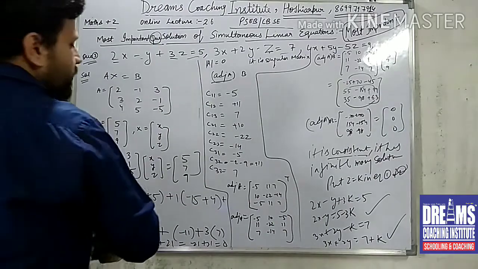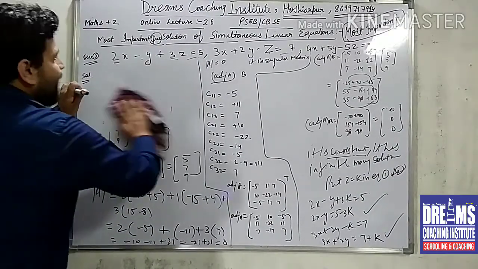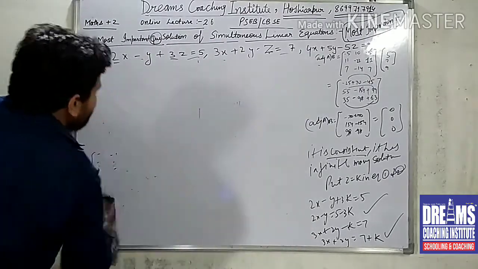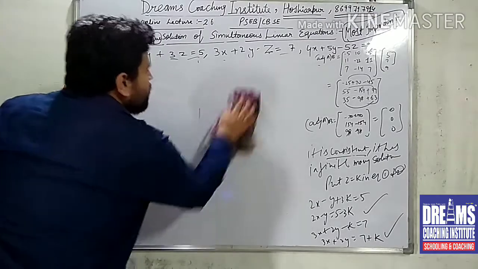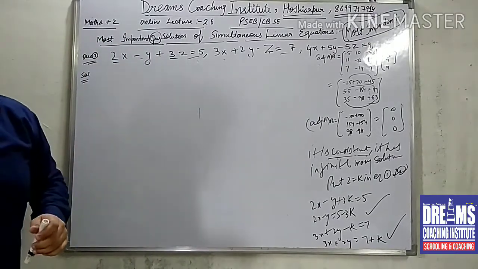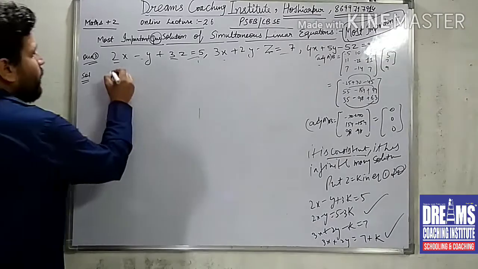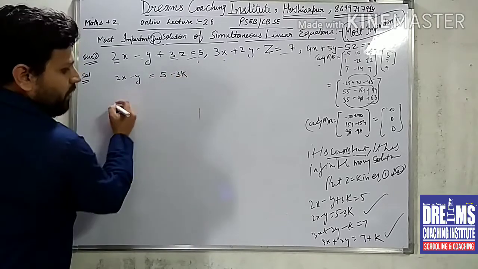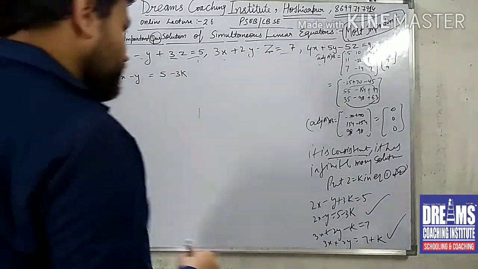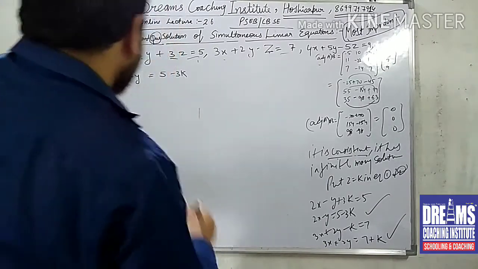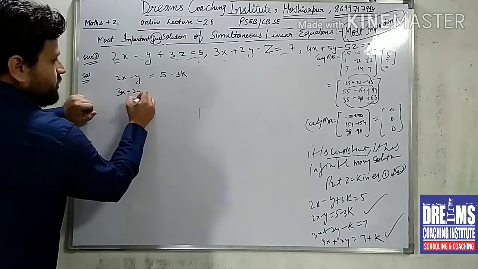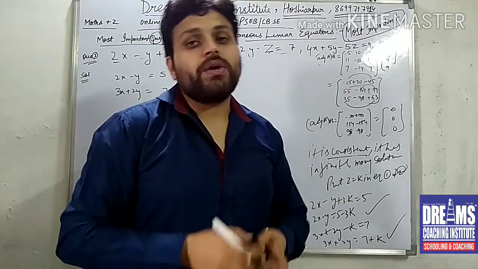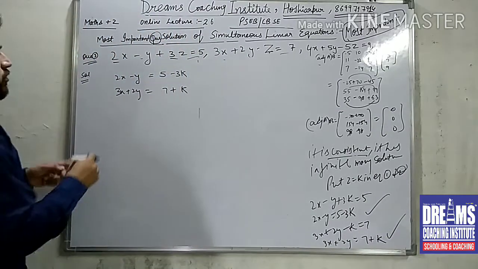इसको कैसे solve करेंगे बेटा? Again we will find a matrix. मैट्रिक्स यहाँ पे बनेगा हमारे पास, और उसके बाद मैट्रिक्स इक्वेशन बनाने के बाद we will again solve the determinant over here. So this is somewhat a longer method, because ये केस लॉन्गर ही होगा बेटा. इसमें मेरे पास इक्वेशन बनी है 2x minus y is equal to 5 minus 3k नंबर 1, और second is 3x plus 2y is equal to 7 plus k. ये बड़ा है मेथड बिकॉज़ बेटा इसमें आपके पास A डिटरमिनेंट इक्वल्स टू 0 आ गया था, तो उसके लिए हमें ये सारा क्वेश्चन सॉल्व करना पड़ रहा है.